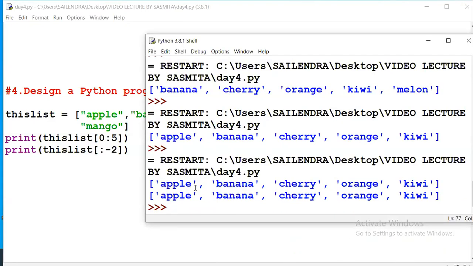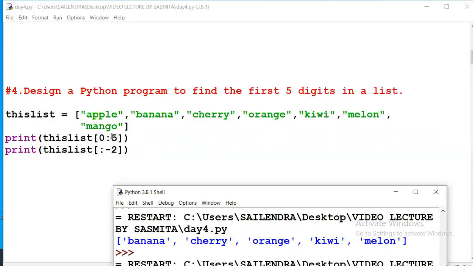The same output should come from 0 to 5, meaning index 0, 1, 2, 3, 4, up to 4 elements will come. 0 colon 5, and colon -2 means -1 and -2 will be left out and all the other elements will come.